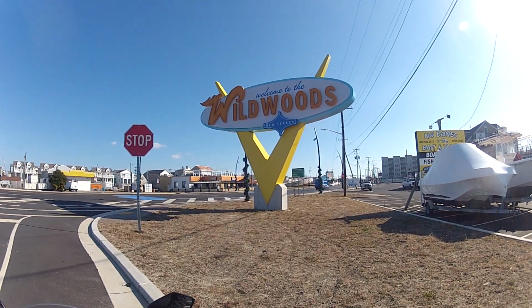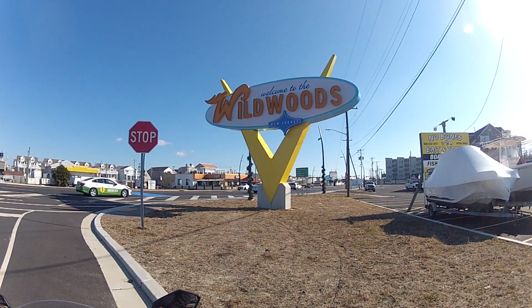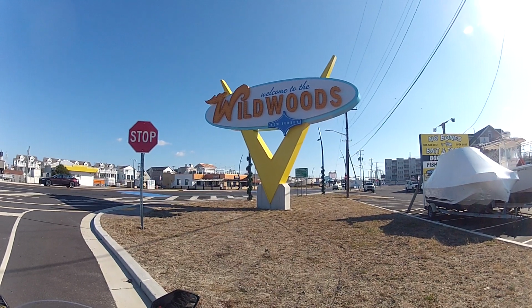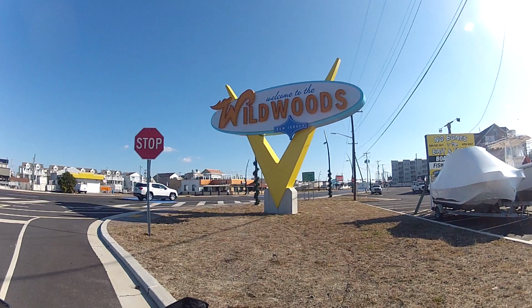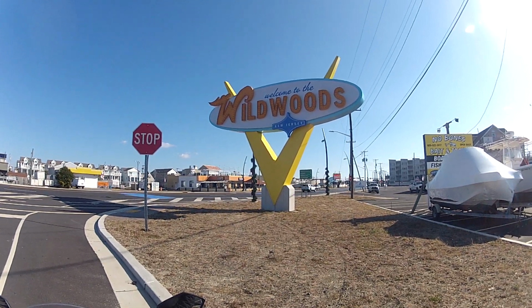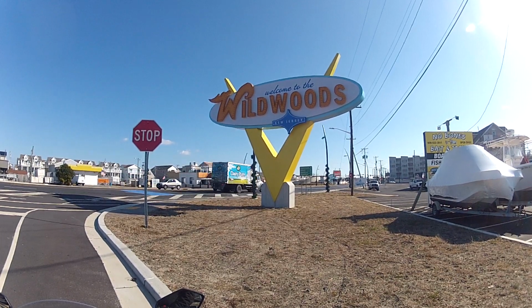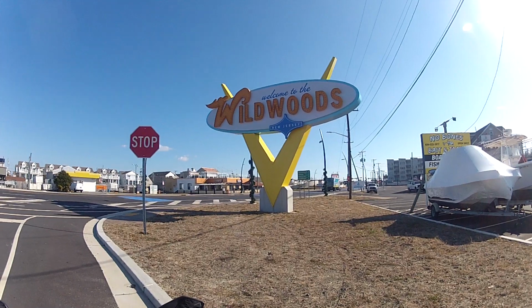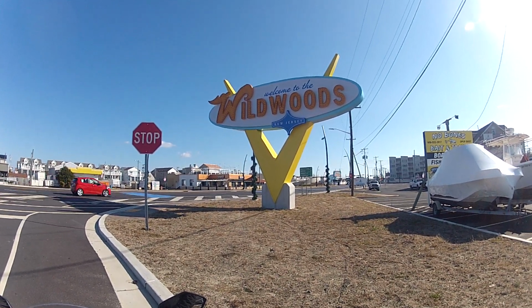As a matter of fact, I think they were going to rename this road Beach Ball Boulevard, because you'll see when I ride down a number of beach balls all over the place. I think they actually voted to do it, but they rescinded it a short time thereafter and went back to its original name of Rio Grande Avenue. So anyway,